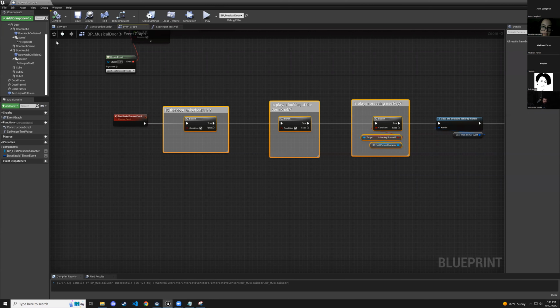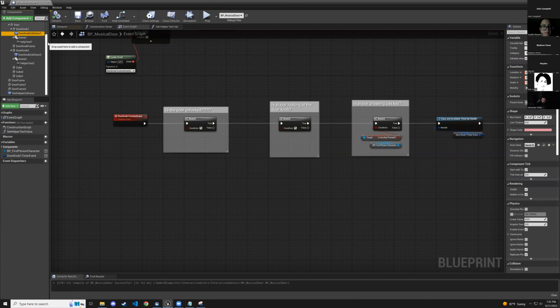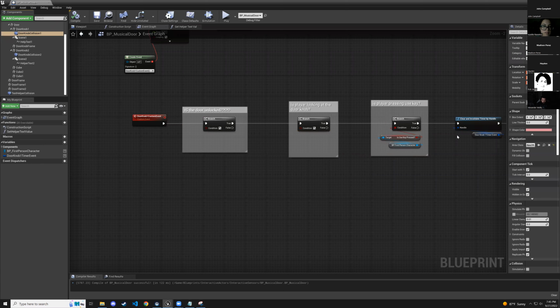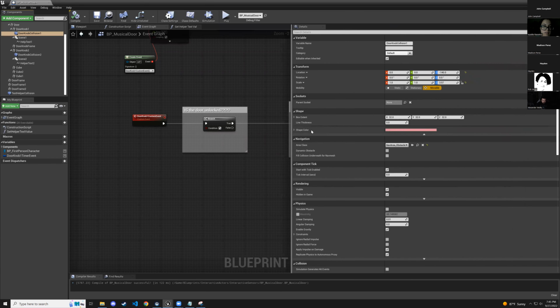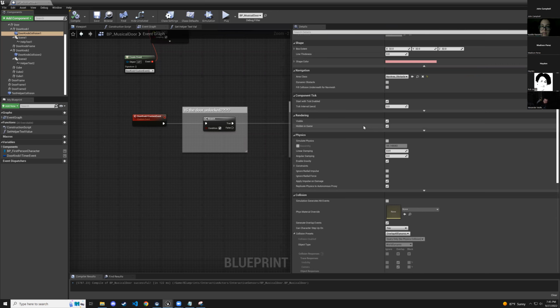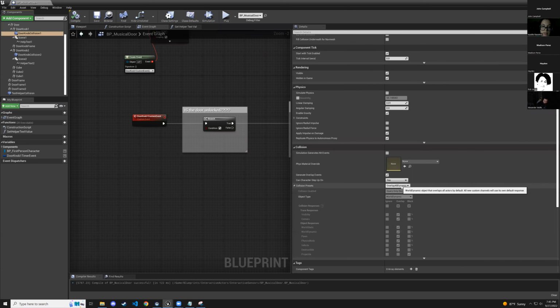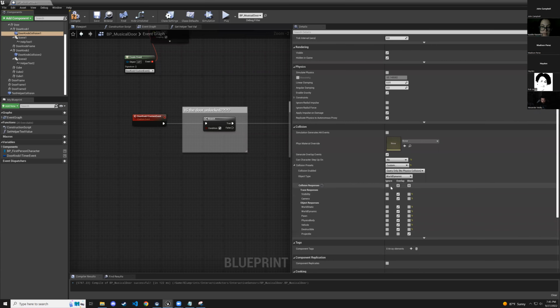Let's go to our doorknob collision in our components category. This guy right here. We'll go to the details panel. And right now it's set to overlap all dynamic. We'll change that to custom. Character step on no. Query only. We'll leave it at world dynamic. Ignore all,